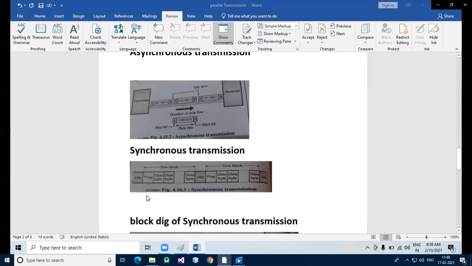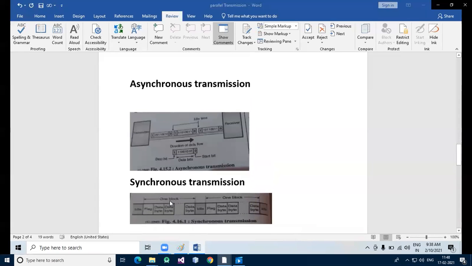Okay, so you can say that the data transmission can come at any instant. It becomes difficult for the receiver to understand the instant at which the byte has been transmitted. To help the receiver receive the data,